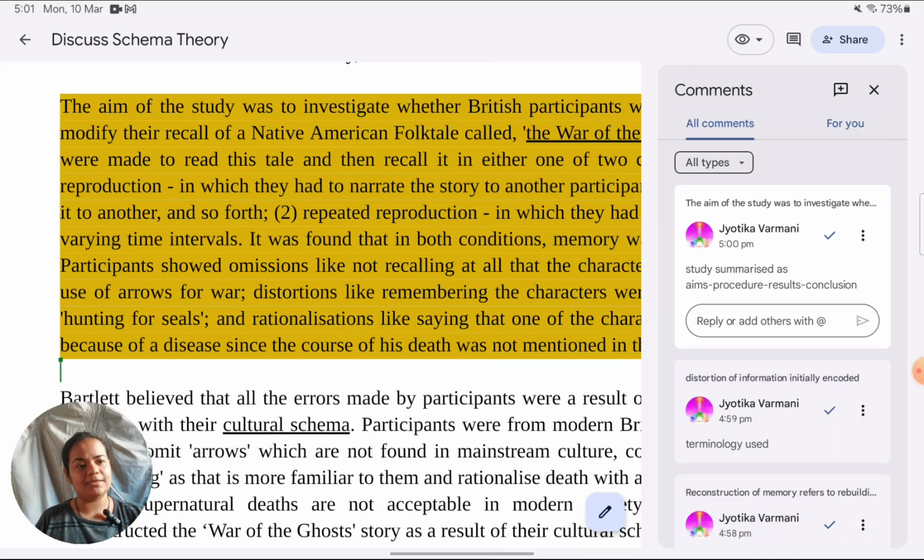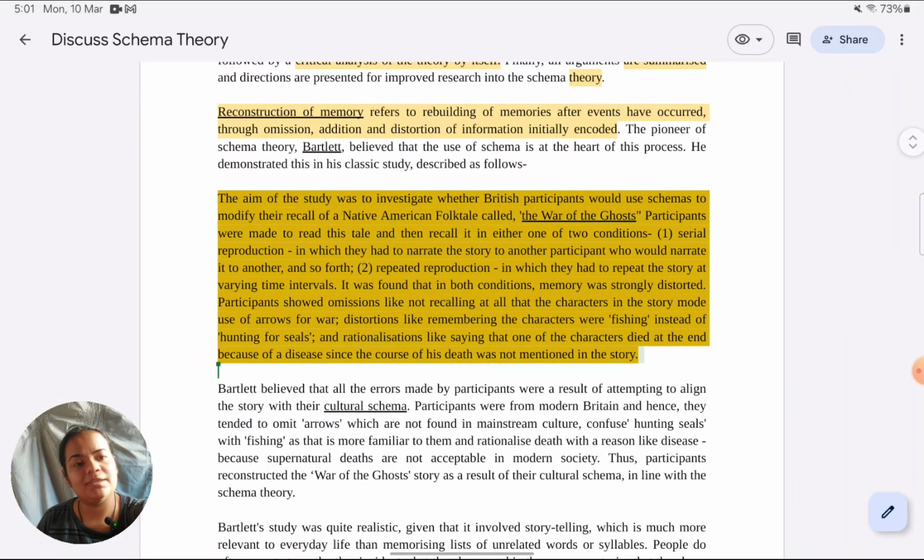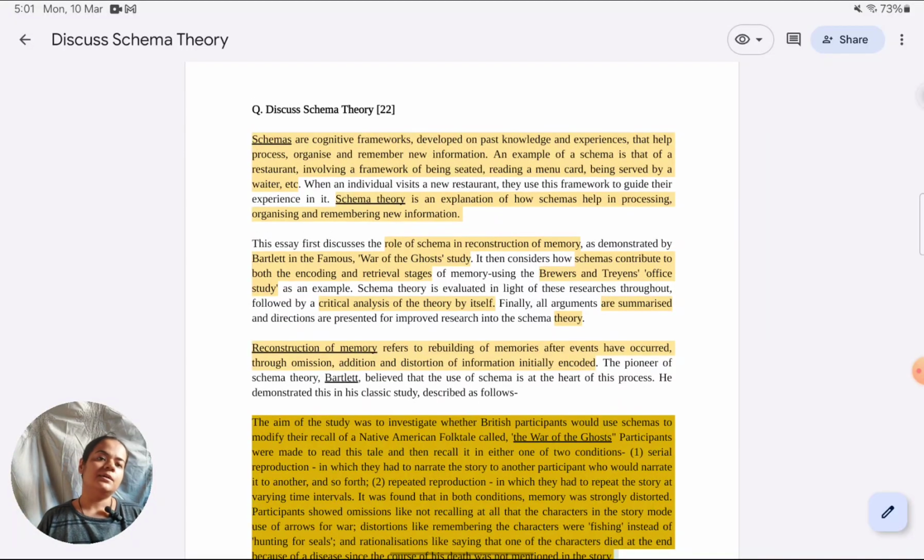which is clarity and organization. When it comes to clarity and organization, many students believe it's about how many sentences, how many paragraphs. That is what is organization. No, that is very superficial characteristics that you're looking at. Here you can see one paragraph was given for introduction. Then another paragraph was given for introduction only. Now some of you must be wondering, but there should be only one paragraph for introduction. It doesn't matter. This organization is also good because the first paragraph is including definitions, second is outlining the essay.